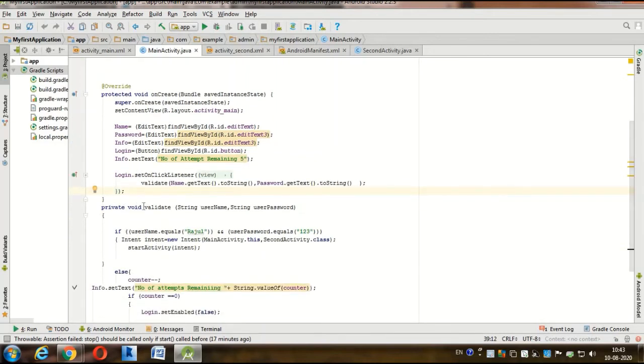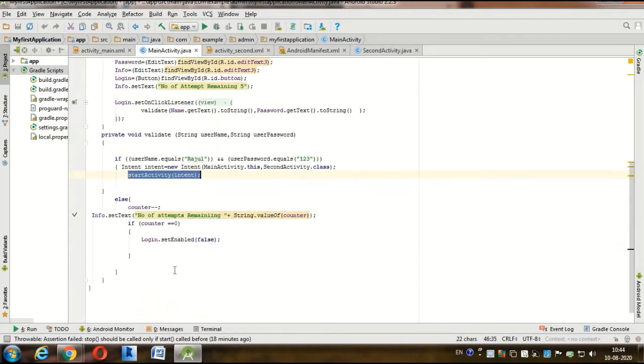Then for the validation, if username.equals, here you can set your name, then password.equals whatever you want, then intent is equal to new Intent, MainActivity.this, and we move to the second activity, comma SecondActivity.class, and we start the activity by using startActivity(intent).